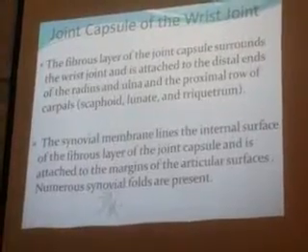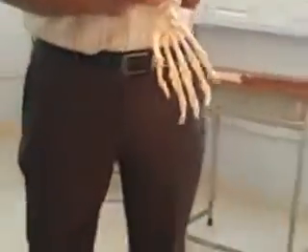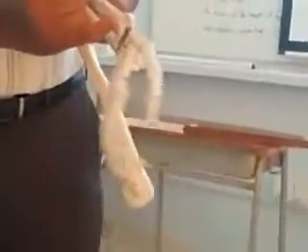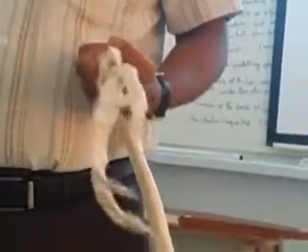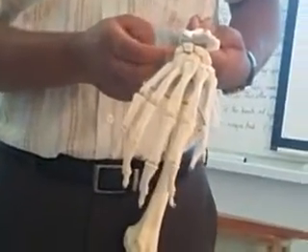I hope you understood. This is the articulating surface of the radius, and this is the articular margin. There you have the attachment of the joint capsule. Similarly, the scaphoid and lunate. See here, this is the articular surface, smooth. Over that you have the margin. There you have the attachment of the joint capsule.